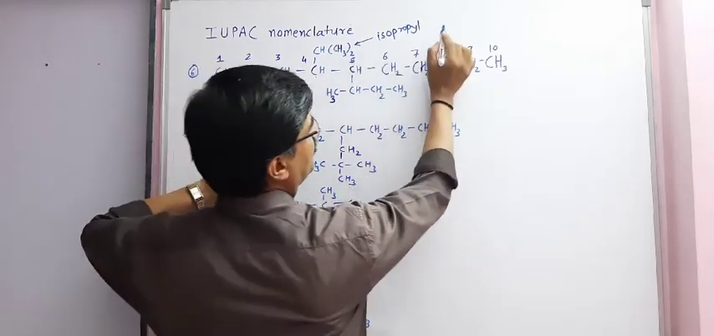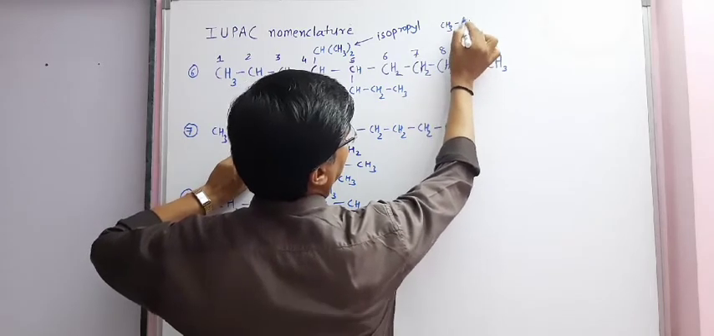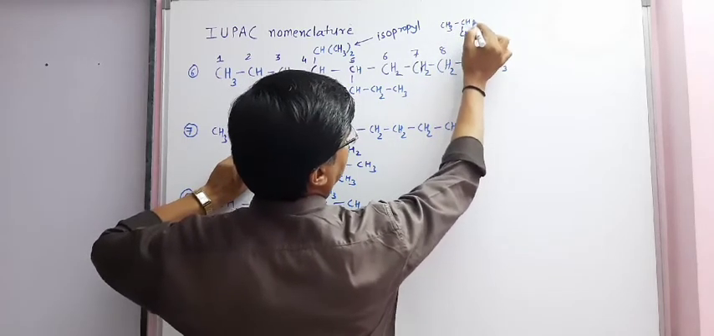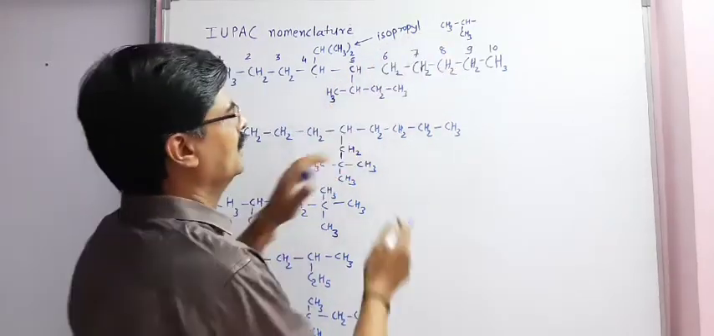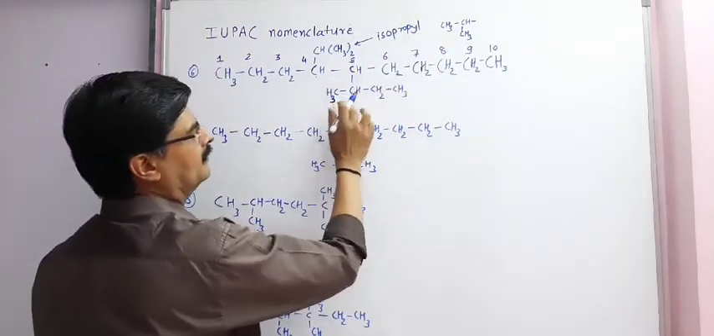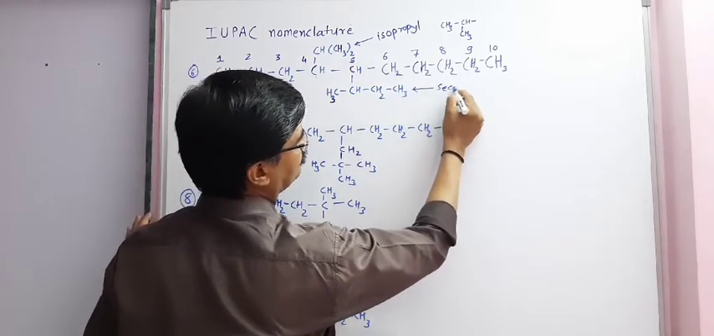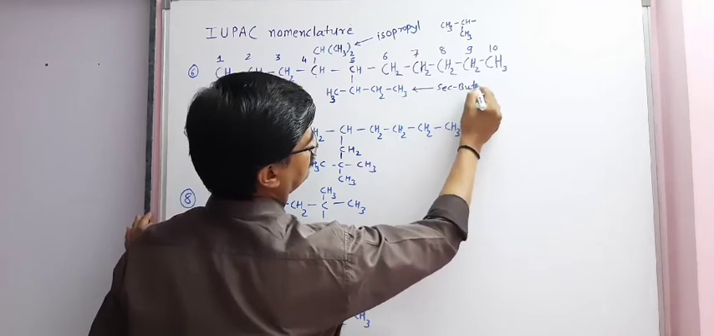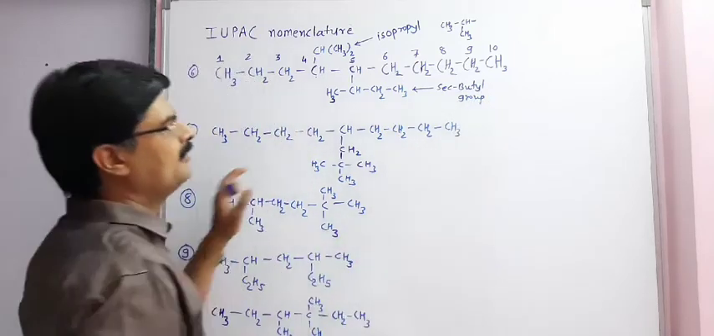Isopropyl group can be understood by writing CH3 bond. This group is known as isopropyl group. And on 5th number carbon, we have secondary butyl group. First of all, we will study why the